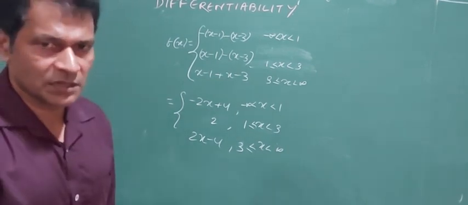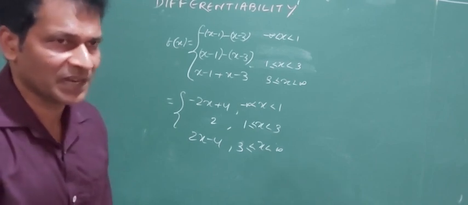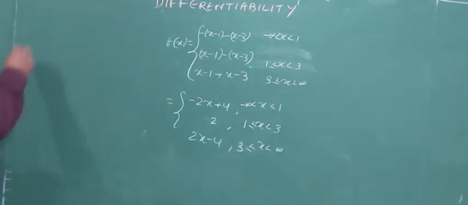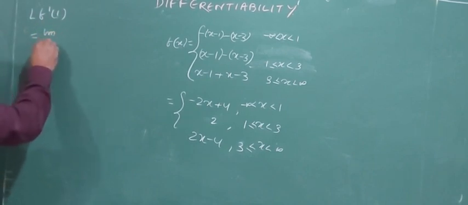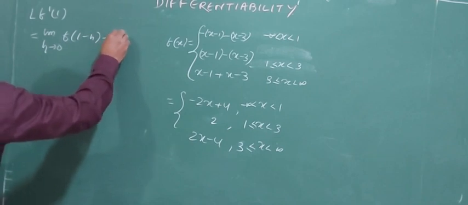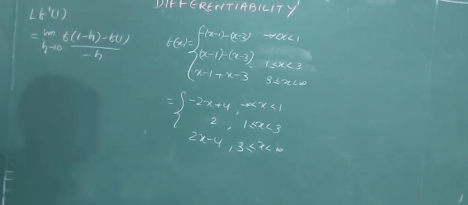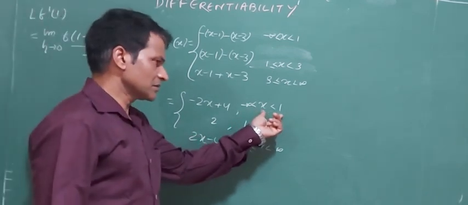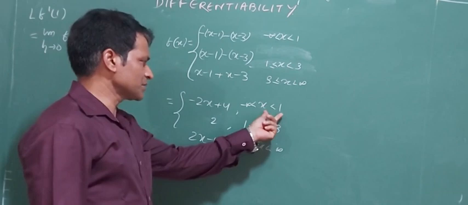At which point do I check the differentiability? I check one and you will do one of your own. Let's check. I am checking at the point 1. So a is 1. Limit h tends to 0, f of 1 minus h minus f of 1 by minus h. 1 minus h means straight you have generated the function, easily you can see what I am doing. 1 minus means this part I will go for.